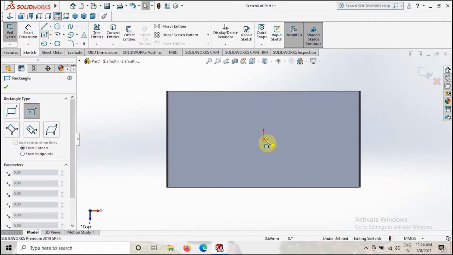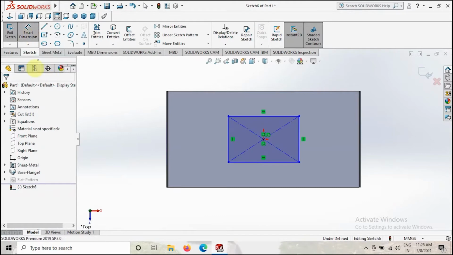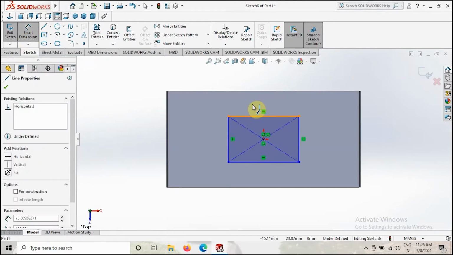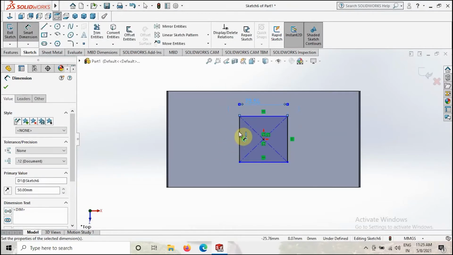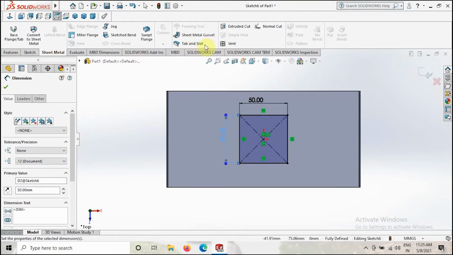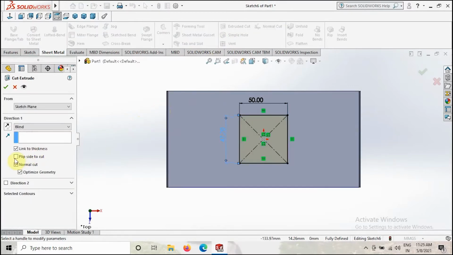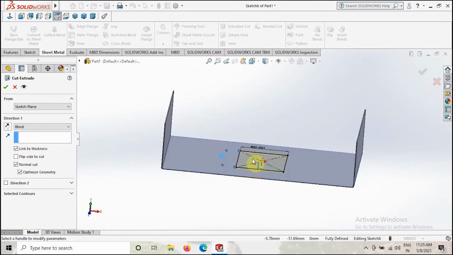Just create one sketch here like this, one rectangle, and give the dimension 50 and give this dimension also 50, and then go to sheet metal, take the extruded cut option, then make sure this link to thickness option is checked so that it will cut that thickness of sheet, and then click OK.